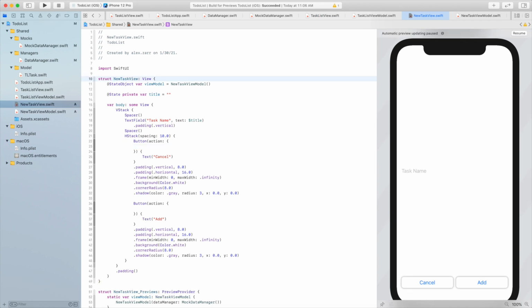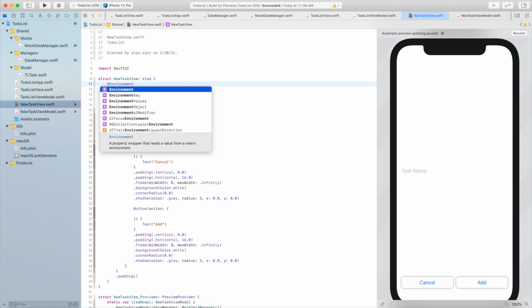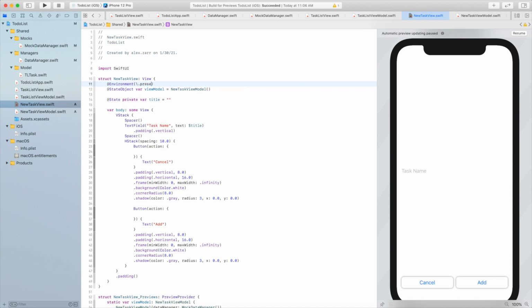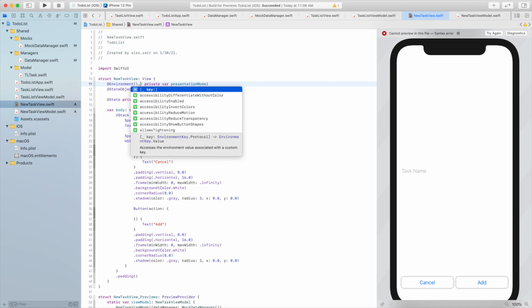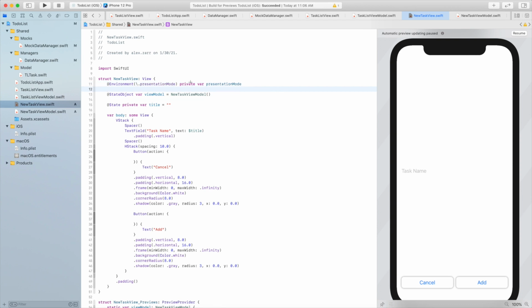Another way is to use an environment variable. In this case, we need the environment variable presentation mode. If you are unsure, you see there is no auto-completion here. So you can simply write environment, private or not private variable, for instance, presentation mode. After that, just add parentheses here and try to find it. Yeah, for some reason it works this way. And you don't even need to set the type of this variable because it's inherited automatically. It's binding